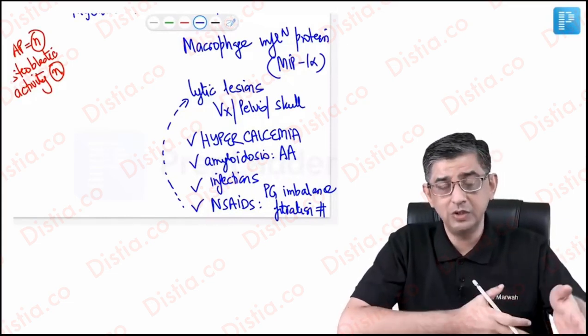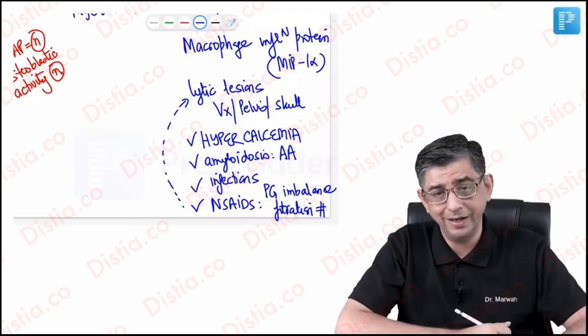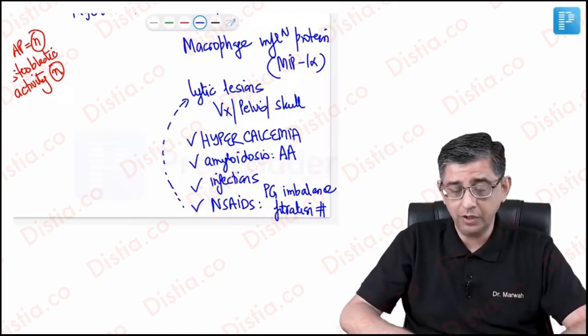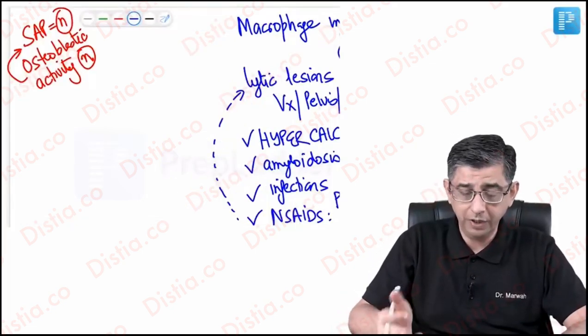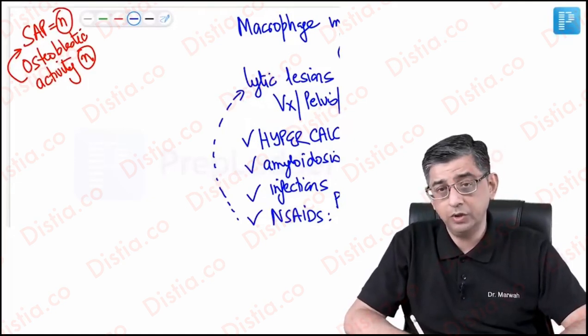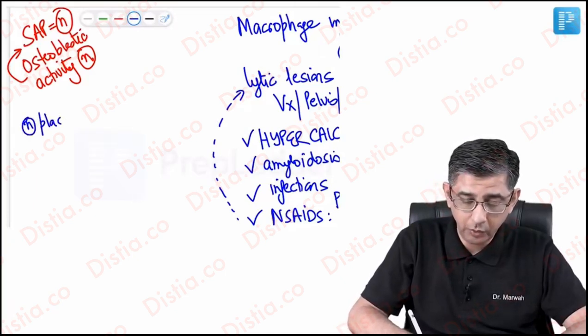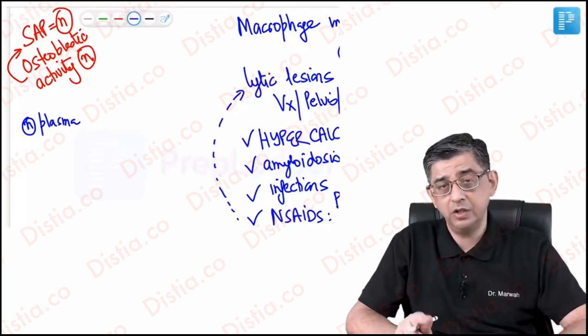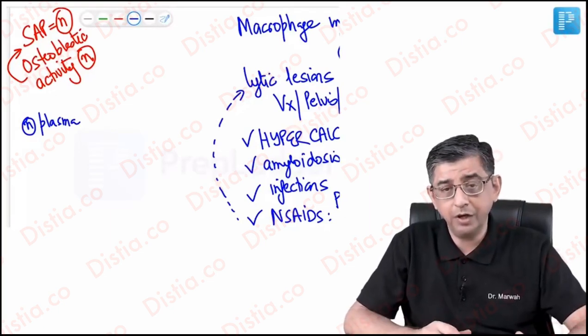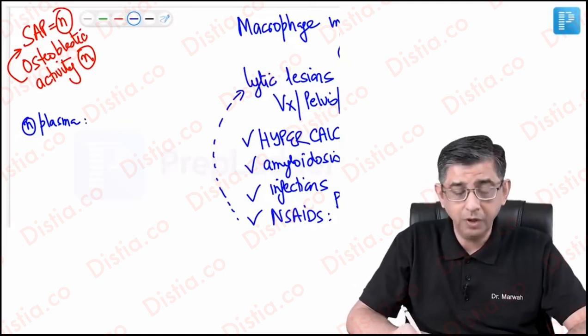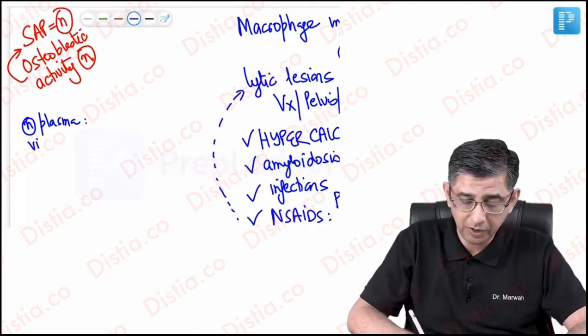Why? Because after all the disease is in the bone marrow, and as I said, the kidney is getting involved. Over and above this, the viscosity of plasma is also getting increased. So we need to have a look at the definition of the word hyperviscosity. Let's look at some normal data once again. Like I taught you that we can be having light chains in the urine of a normal person less than 10 milligram. Now I'm telling you what is the normal viscosity of the plasma.